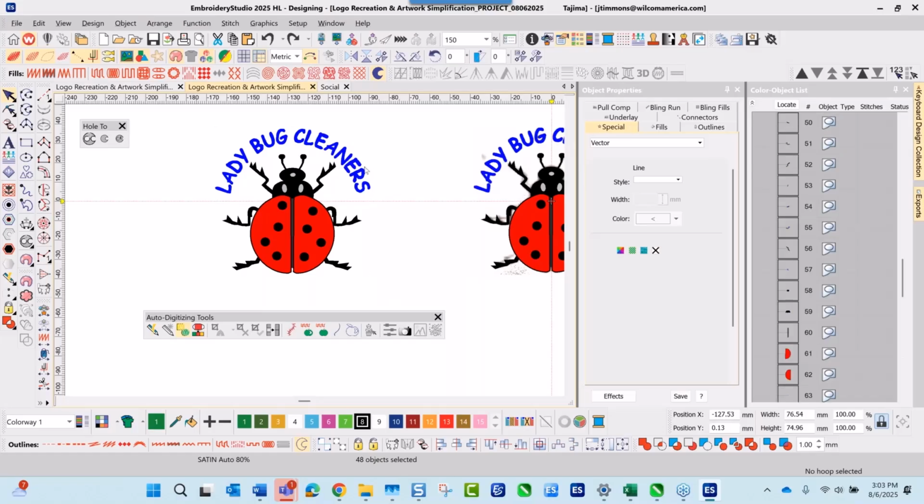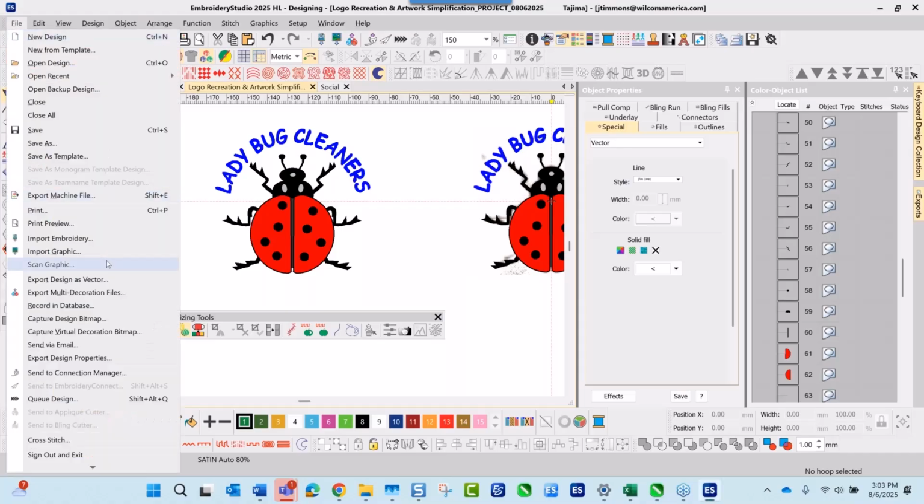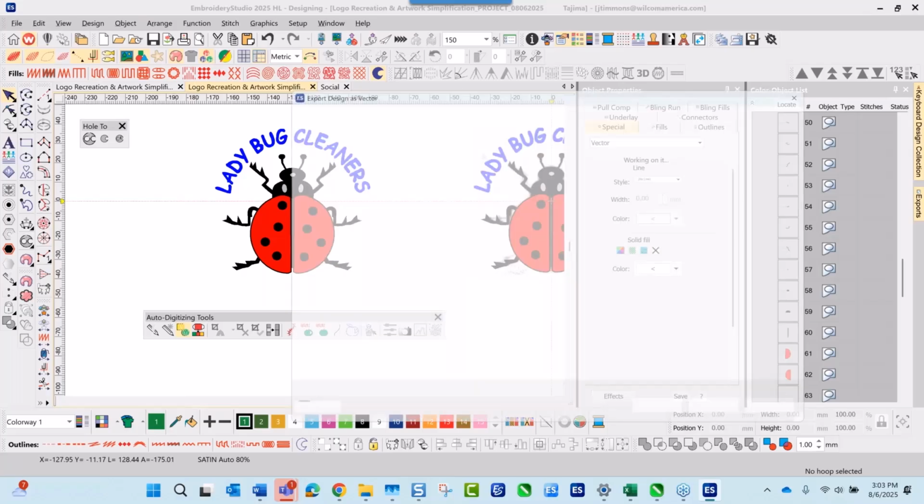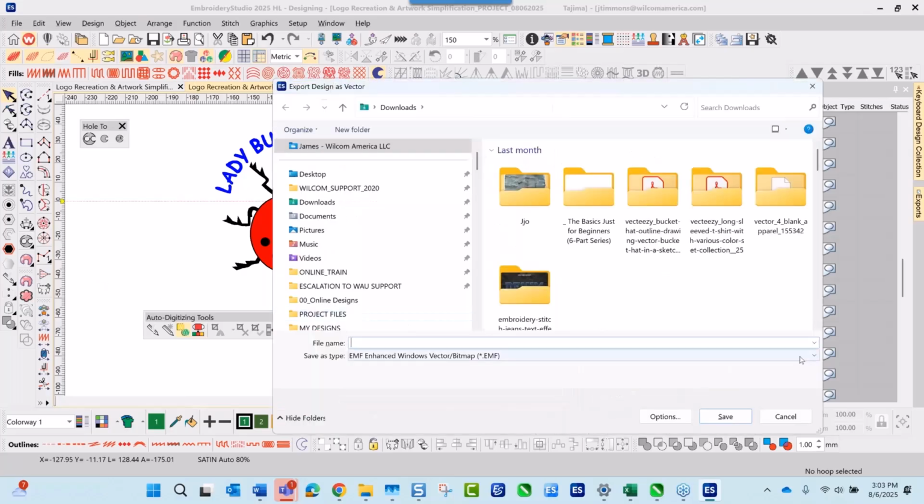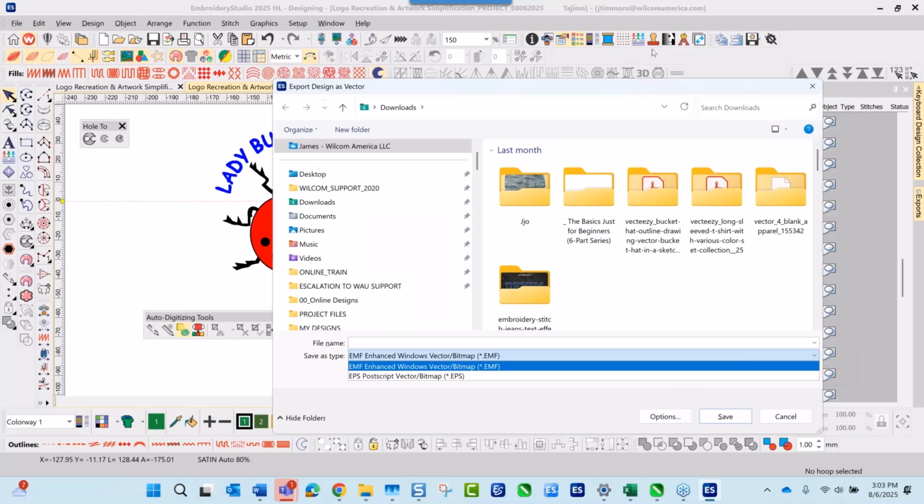I have a question. Can you save the vector art in Wilcom Embroidery Studio as well? No, you wouldn't want to save the vector art in Embroidery Studio. You want to save it as, let's see here, let's go to File. If I choose export as a vector here like this, you can do it. I guess one of the reasons why I said I would do it from the Corel